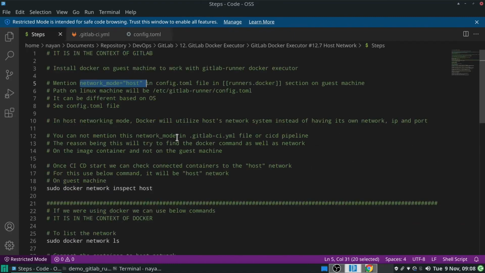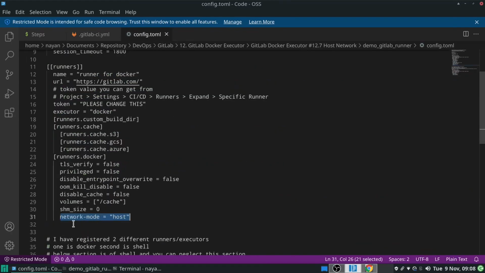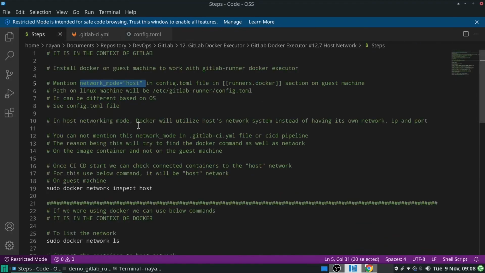Also, one thing to note over here is you cannot mention this network_mode = "host" in your .gitlab-ci.yml file, that is your CI/CD pipeline file. The reason being, it will try to find the Docker command as well as the network on the image container, the primary image container, and not on the guest machine. In that case, you won't be able to utilize whatever network mode you want.